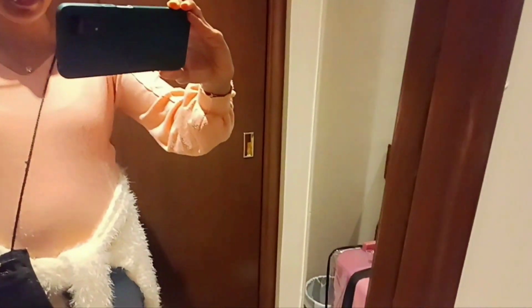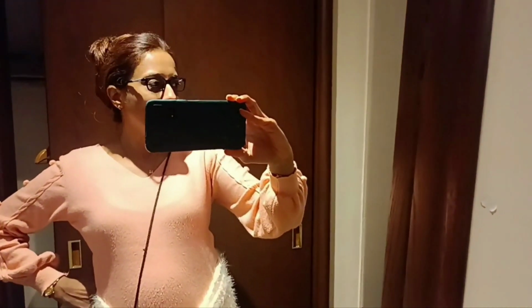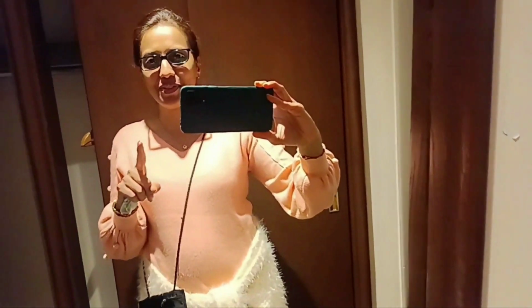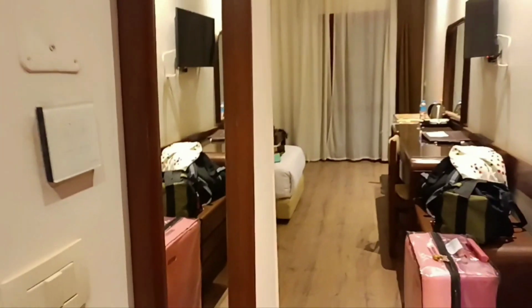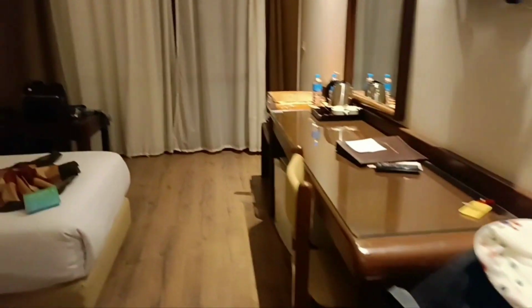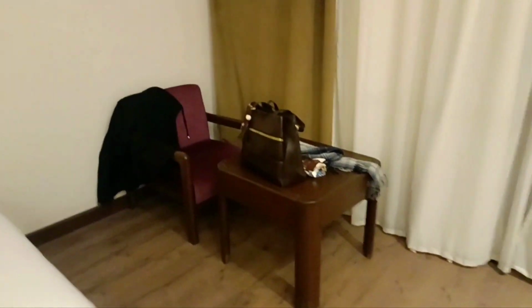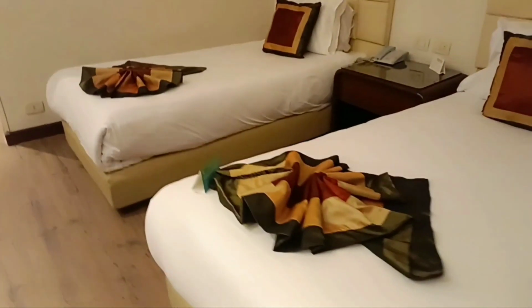Hey folks, so we are in our room in the island restaurant for the first time ever. And as per tradition, I'm gonna show you the room first before I even use it. So this is the entrance hallway, and to the right is the closet. There are like two wide closets. To the left is the mirror, ta-da! And then this is the room, very authentic old wood style bedroom with a well cushioned chair and two beds very nicely made out,